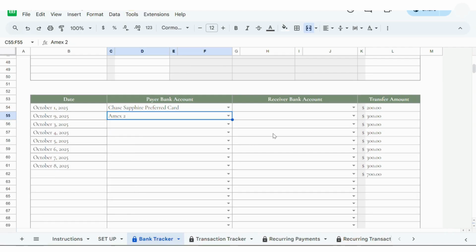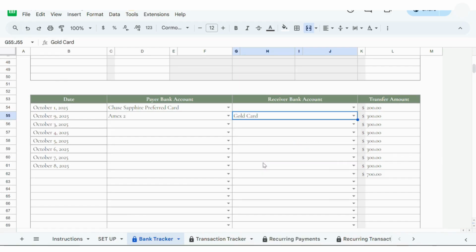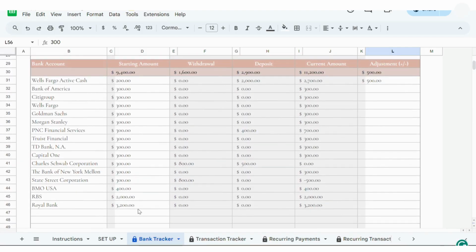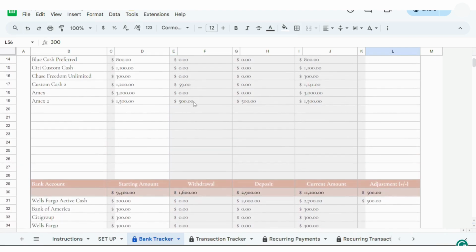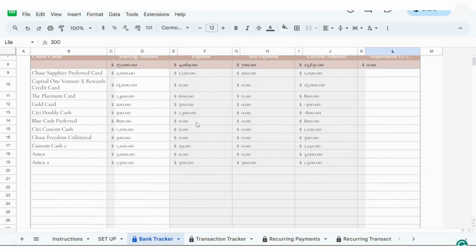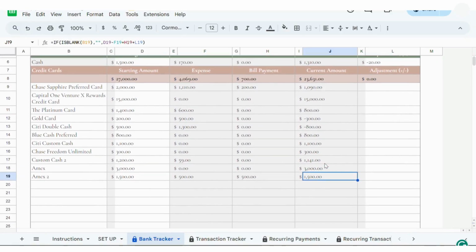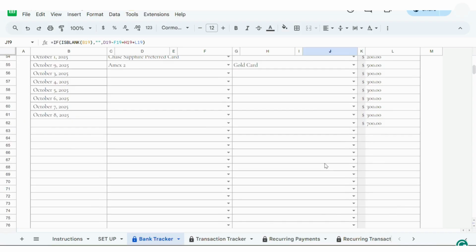Amex2 and the receiver bank was my gold card and I made a transfer amount of 500. So it will automatically, here you can see that from my Amex2, you will see the transaction of $500 to another account and my current balance gets automatically updated. So like that, you can use the bank tracker to manage all your credit card and bank transactions throughout the